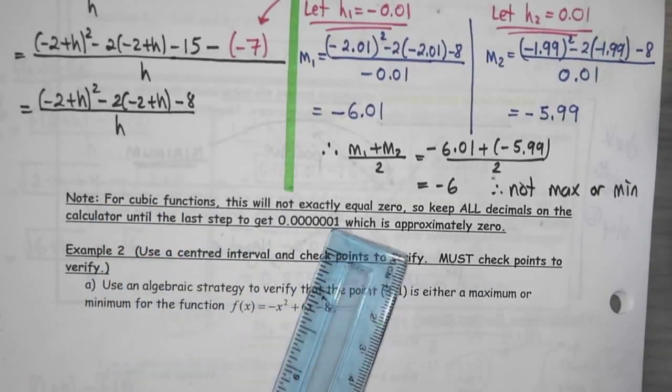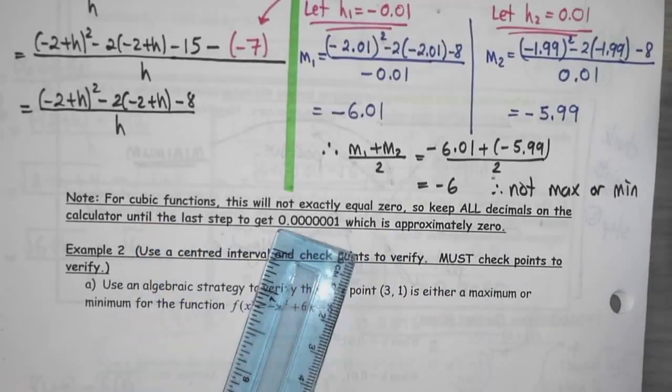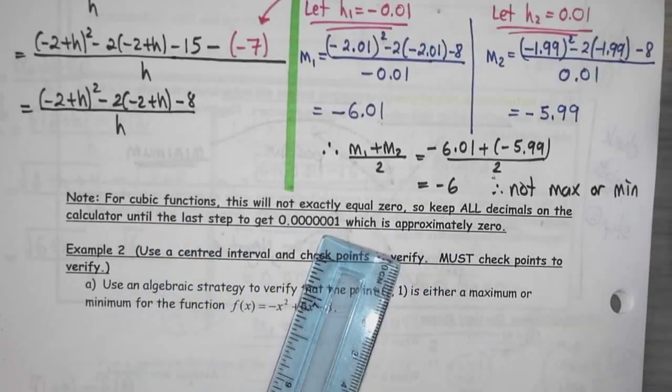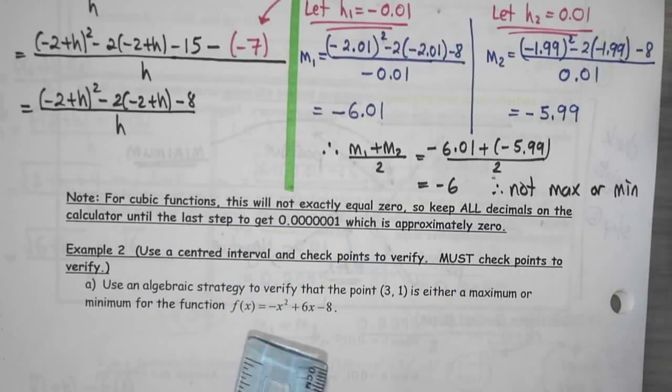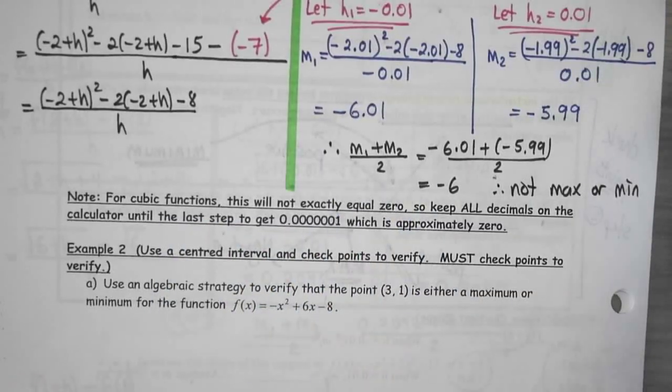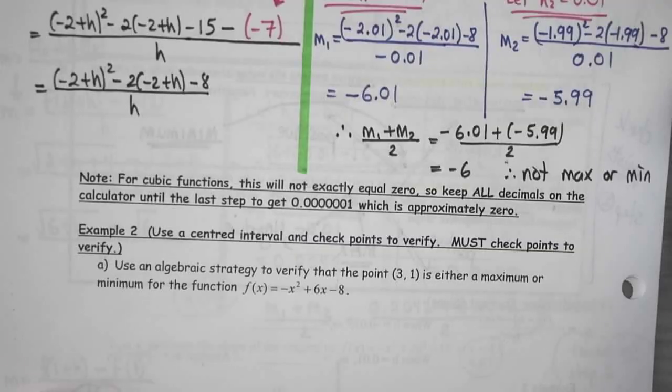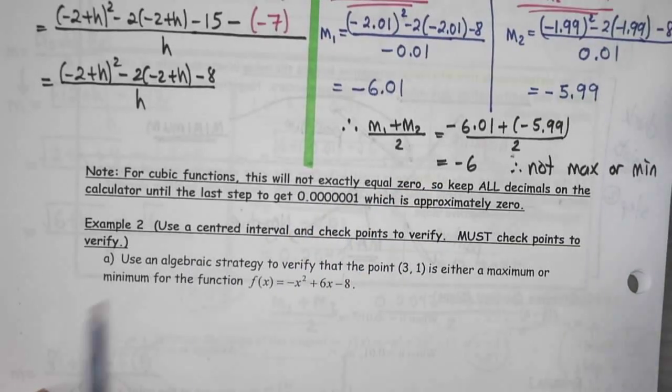For cubic functions, you have to keep the full 8 or 9 decimal places on your calculator, otherwise it won't get to 0, right? So I'm just warning you now, the higher the power, the more decimal places you should keep. So just watch out when you do the homework, you have to keep a bunch more. For example 2,